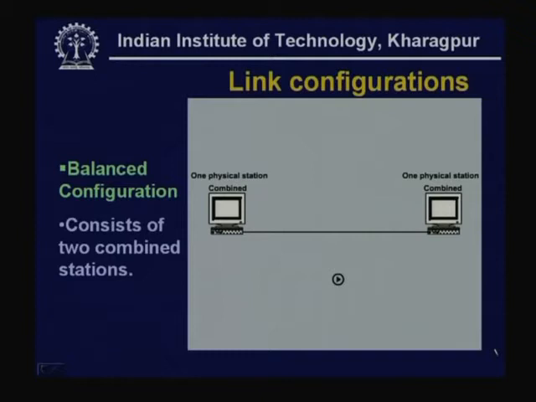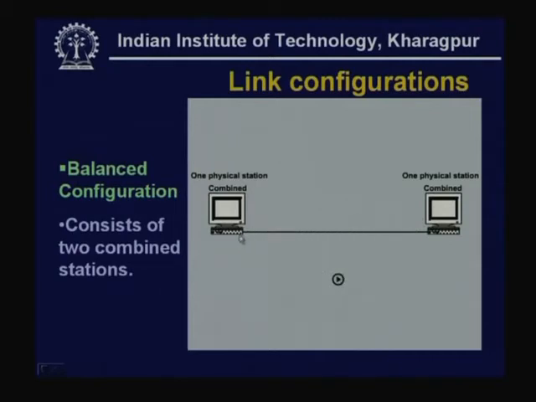Coming to the third configuration, which is known as balanced configuration, which consists of 2 combined stations. Here you have one physical station and another physical station, and both are of combined type. Since both of them are combined type, both have the capability of issuing commands as well as responses. So, you see now a command has been issued by this station which goes to the other side, and the other side will issue a response